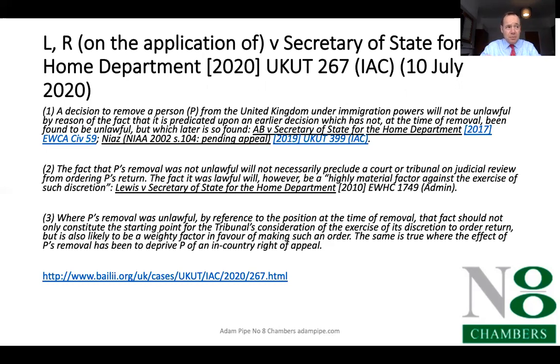Ultimately, he was granted permission to appeal, and the upper tribunal remitted his appeal for a hearing before the first-tier tribunal. Before he was granted permission to appeal, he was in fact removed from the United Kingdom by the Home Office. Now, importantly, the President, Mr. Justice Lane,